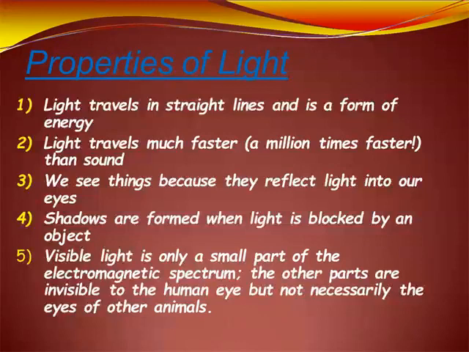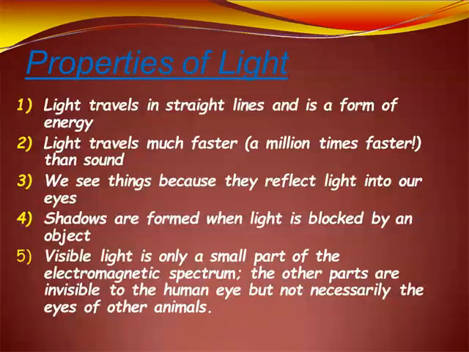Shadows are formed when light is blocked by an object. We can see a shadow. A few discussions were done earlier also. That type of object is called an opaque object. As for example, wood or a wall or trees or human beings, or we can say a car, a